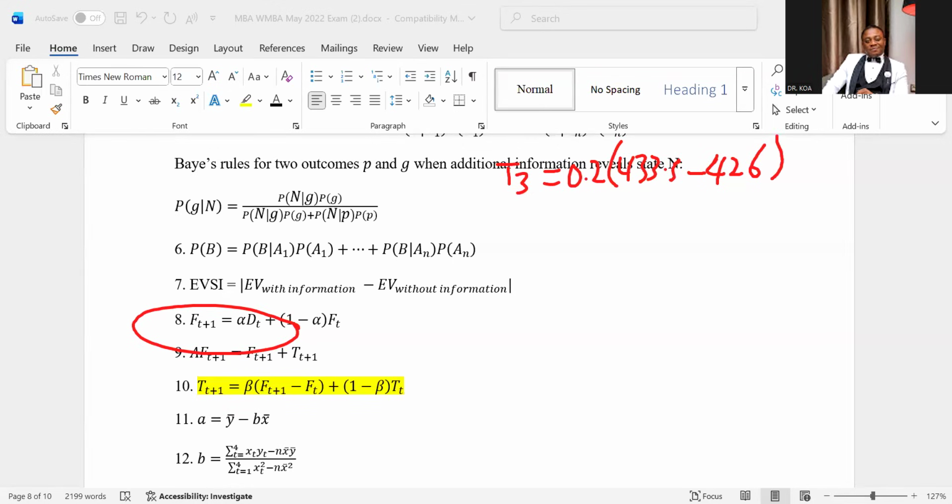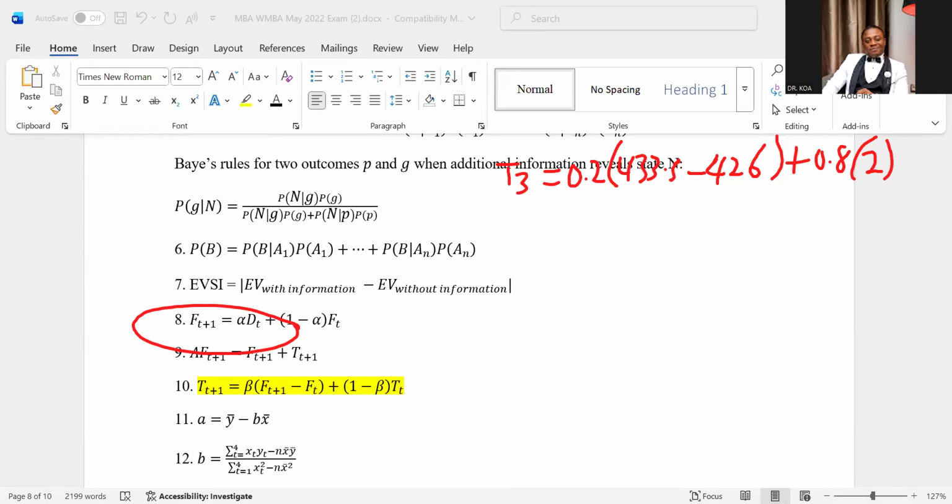Then after that, you close the bracket. Then you bring plus, then 1 minus the beta. 1 minus the beta is 0.8. Then into bracket, the current time. And since we are doing for T3, then the current time will be what? Therefore, T2. It will be for the period 2. And that is the value of what? 2. So it's just the value of 2. So you just find the answer.